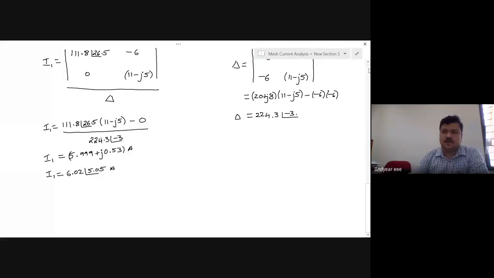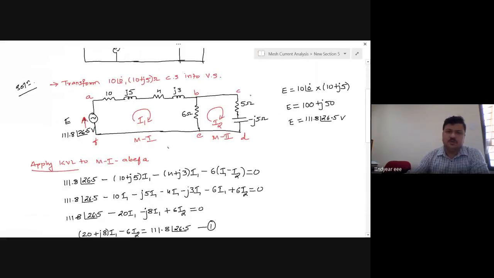See, now it is asked to find the current in 4 plus J3 ohms. Current in 4 plus J3 is I1. I have found out I1, it is enough. If you want to do practice, you can calculate I2 also at a later point of time. Okay. So it is very important to first look into what has been asked in the circuit. Don't simply go into calculations of everything, especially in AC circuits, because AC circuit calculations are time consuming. Okay, because everything has to be done manually. There is no direct automatic substitution in calculator and getting the results.